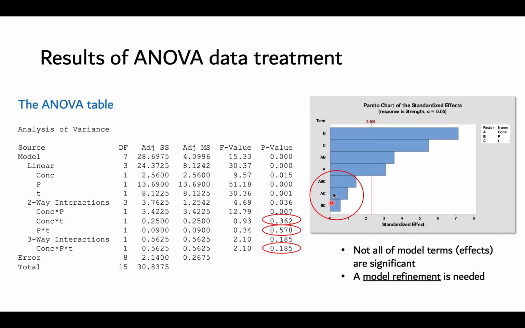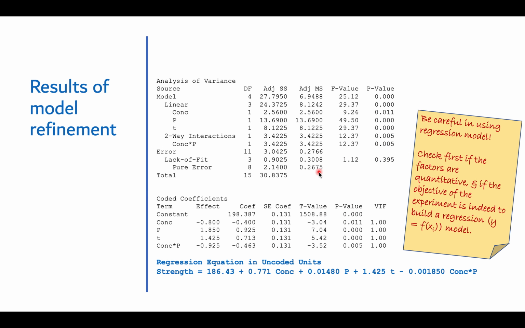Because we still have non-significant effects, we need to do a model refinement. In model refinement, we analyze the data once more by using Minitab, but we exclude all those insignificant effects. So these are the results of the model refinement. We can look at the ANOVA results for all effects, and also at the end we can build the regression equation